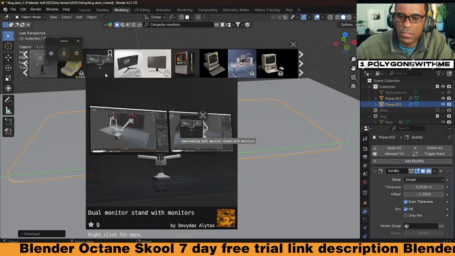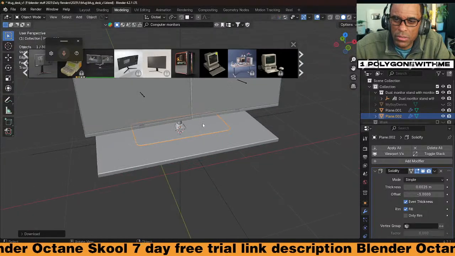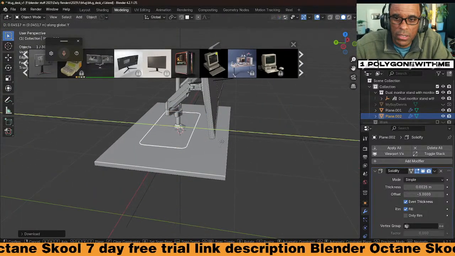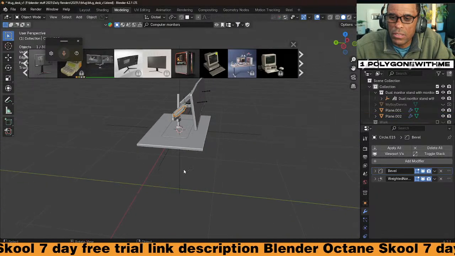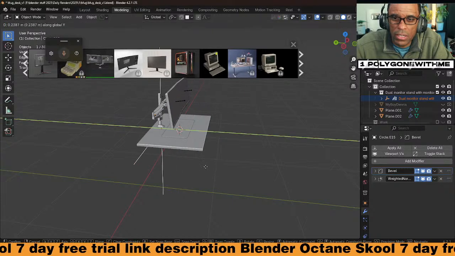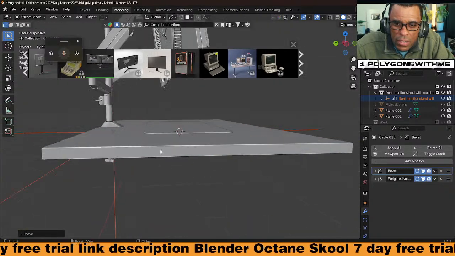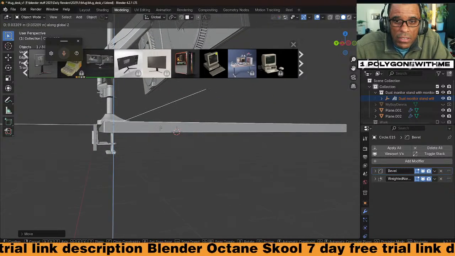Let's try this one. I hope it's built to real world scale. Oh, it is kind of built to scale. A little bit big, but it's fine. Hang on. G what? Oh no, hang on. There we go. GY. Man, look at that, guys. That almost lined up perfectly. GZ.